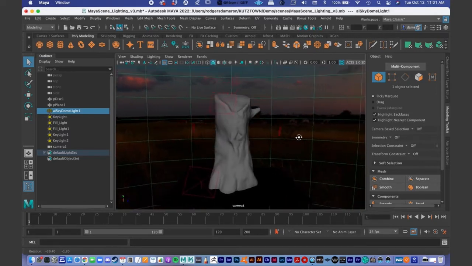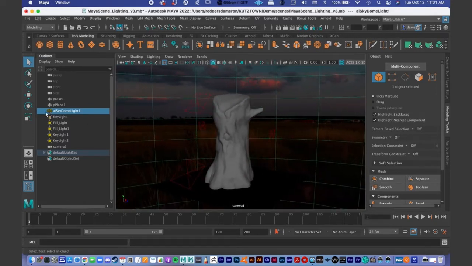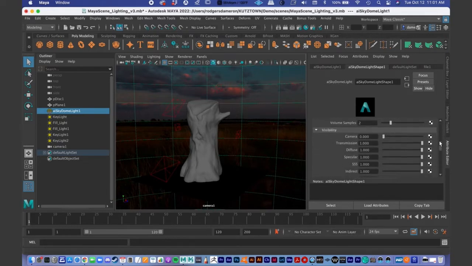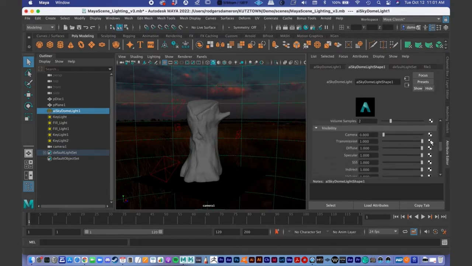So the HDRI map that I have here, I want to make sure that I have it selected over here in my outliner window, or you can just select it by clicking here. I want to just go to the attribute editor and scroll down to check under this visibility tab under the attribute editor. By default, the camera will be set to 1 under visibility. And if you just slide it to 0, it'll still continue to cast light just the way it's supposed to